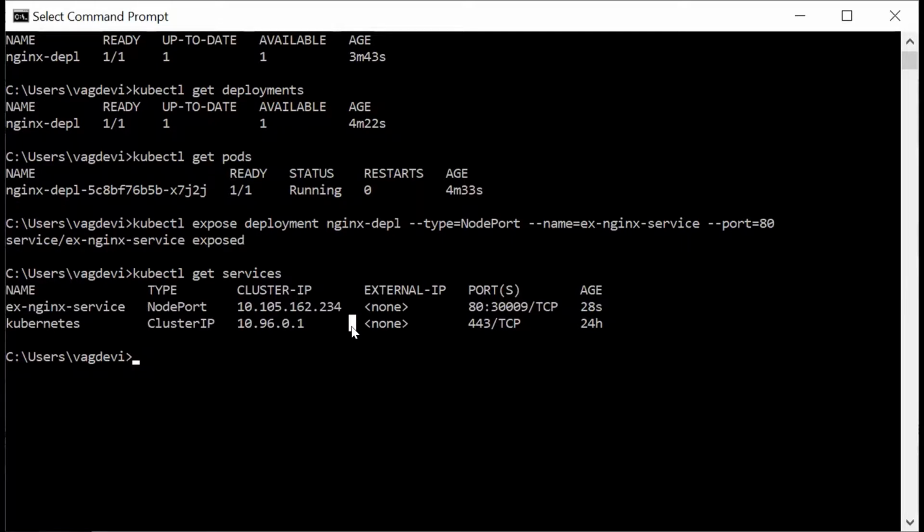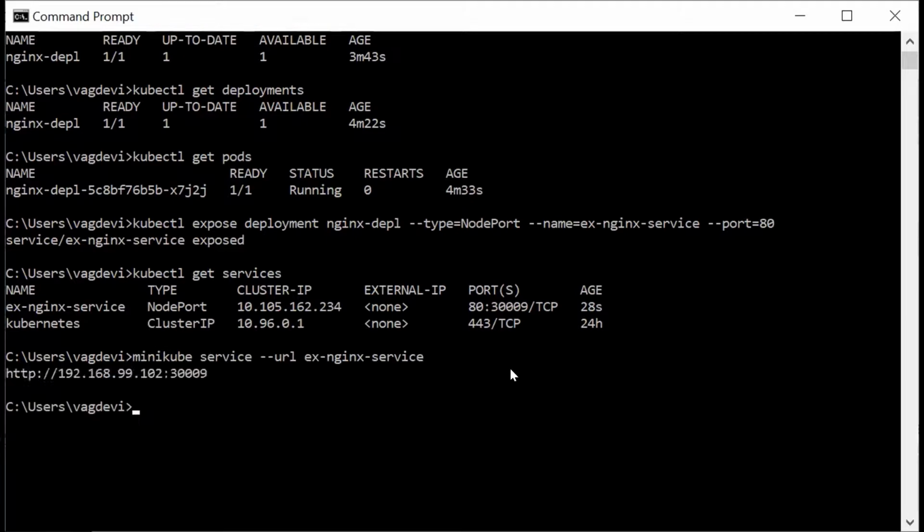Now, let us see how to access this application from the browser using this NodePort service. Let us type the command minikube service --url nginx service. Hit enter. So it shows this particular URL, right?